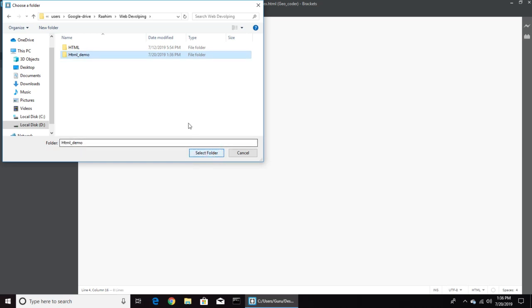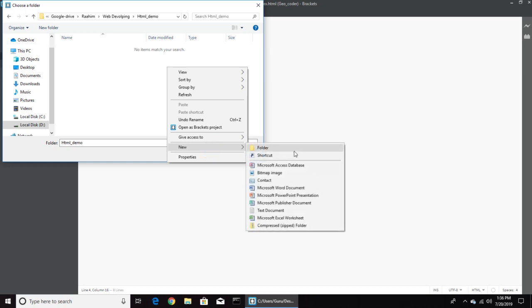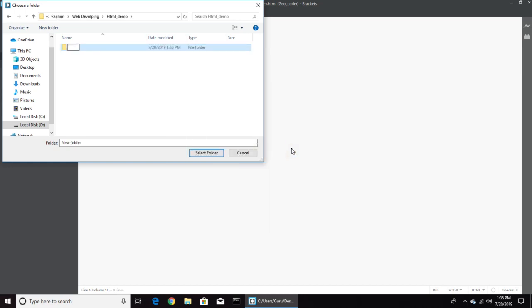Select folder, and a new folder named our first code. Select folder,